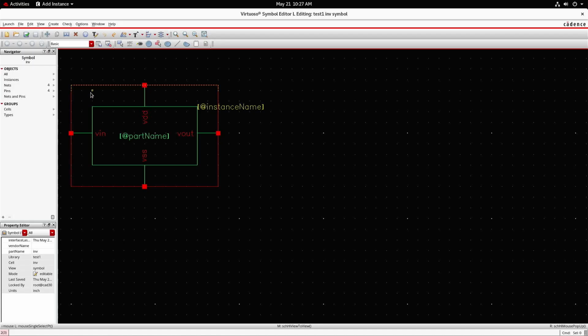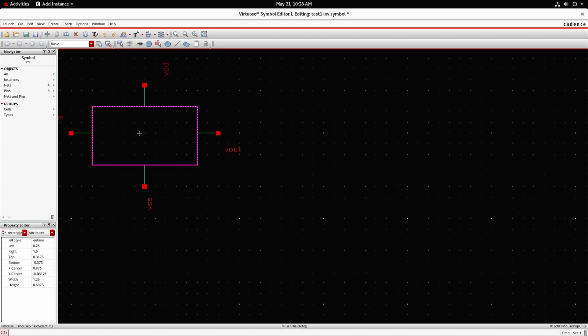And this symbol, by default, will be in rectangle shape. You can customize it. For customizing it, just delete the rectangle box and this port name and instance name. Bring the pins outside the symbol by dragging and dropping. Then delete this rectangle also. Then customize it. We need a triangle followed by a bubble for representing the inverter.